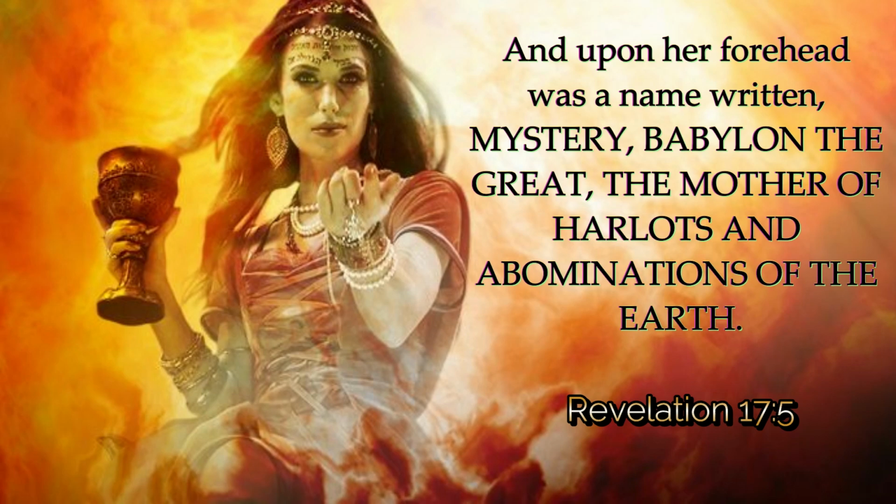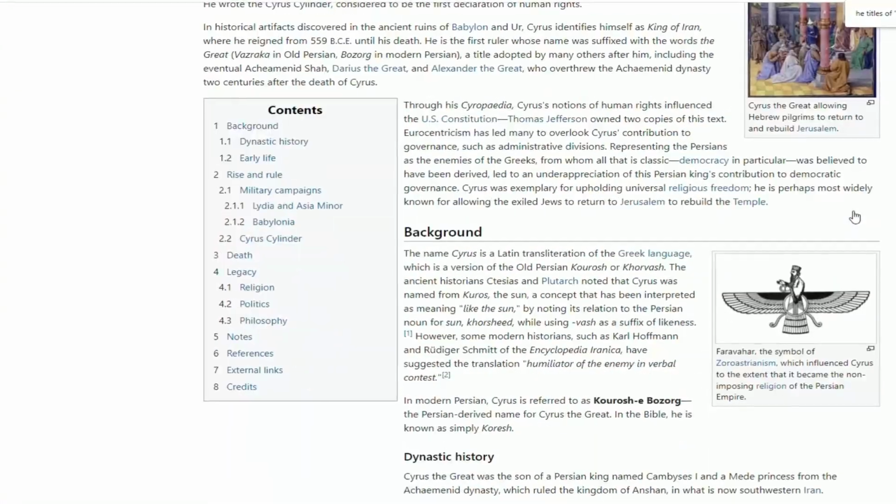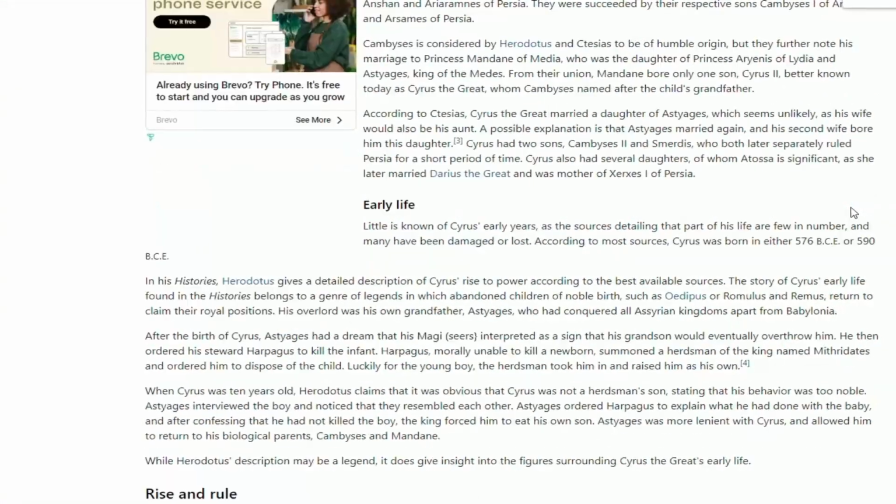It is the religion that has always plagued God's people. And then we have the mother of harlots, Catholicism of the Dark Ages, which has introduced pagan philosophies and ideologies into our Protestant religions. And then the abominations of the earth, and that is false Protestant Christianity. And thus, when you have God's true people introducing falsehoods into their faith, it becomes an abomination of the earth. Understand that Nebuchadnezzar's Babylon was conquered by the Medo-Persian Empire, and the bulk of Medo-Persia was east of Babylon.